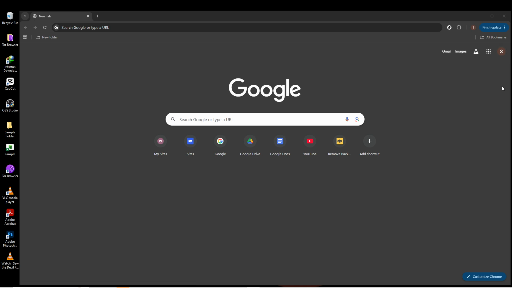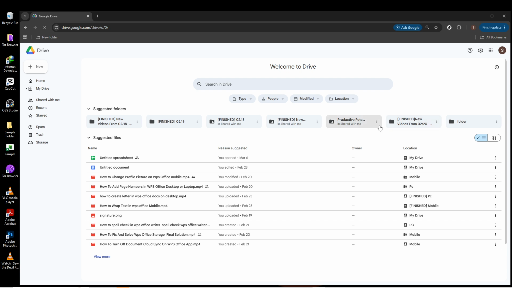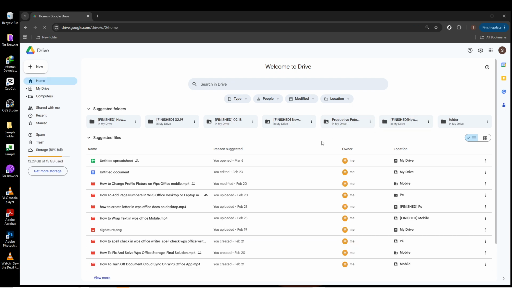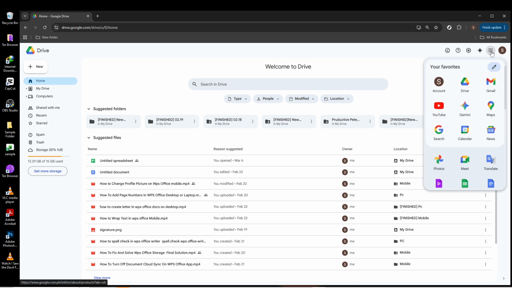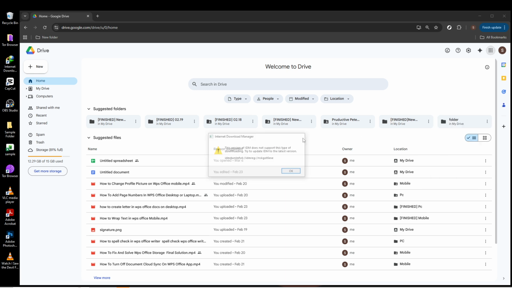Once you have confirmed that you are logged in, open Google Drive. You can do this by typing Google Drive into your browser's address bar or by accessing it through the Google Apps menu. This menu is typically shown as a grid of 9 small dots near your account icon. When you click it, a list of Google services will appear, and Google Drive should be one of the available